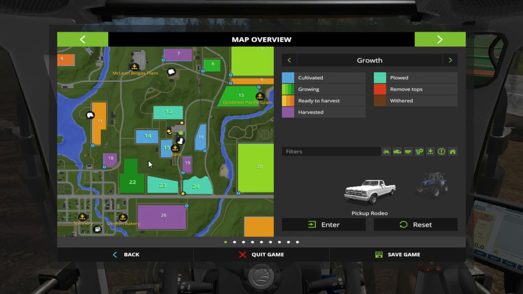Let's take a look. So, this field, it was one of the fields I bought and plowed in the last episode, and I kind of customized it a little bit to give me some more farmable land, and I want to see how much of an increase that was from the last harvest. So I'm going to be planting soybeans in this field again,